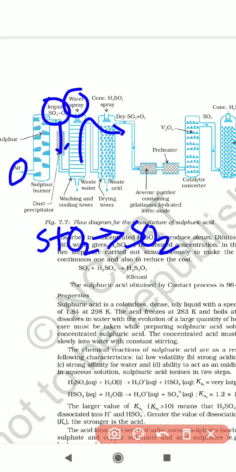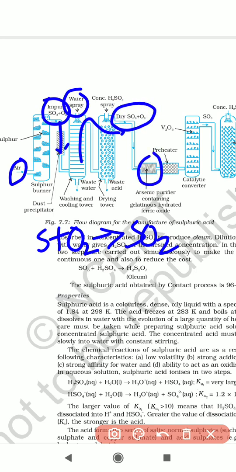So here, a concentrated sulfuric acid spray is applied. That means any impurities or germs are avoided and killed; for that purpose we pass the sulfuric acid spray here. After that, the dry sulfur dioxide and oxygen gas both enter